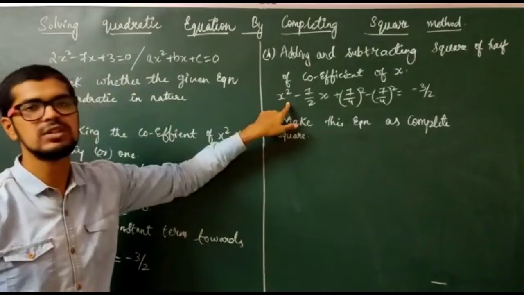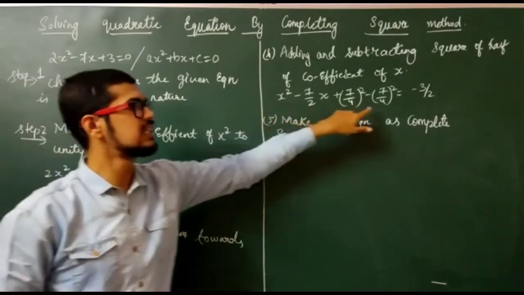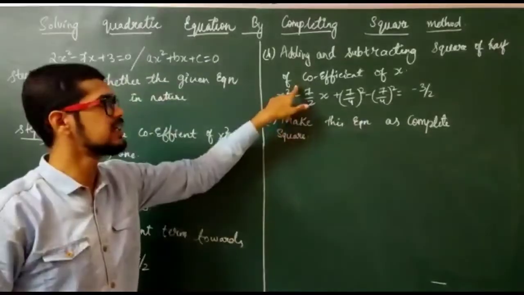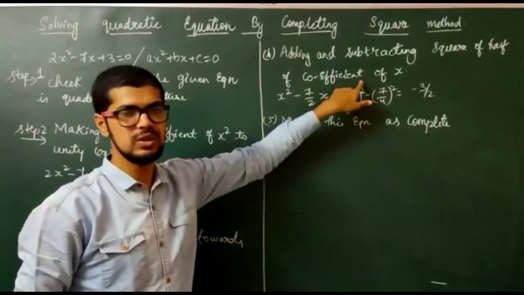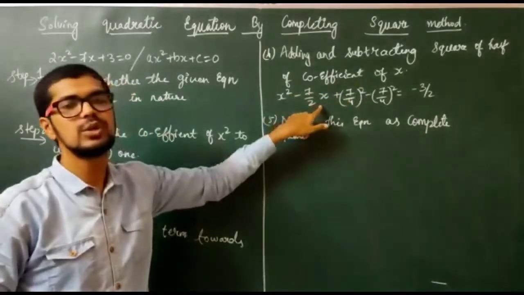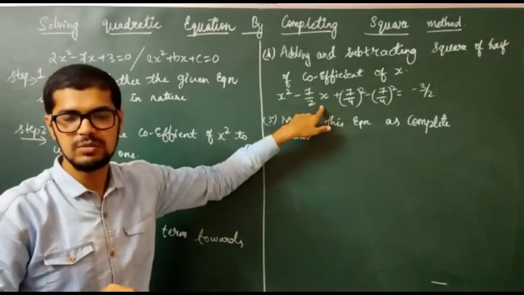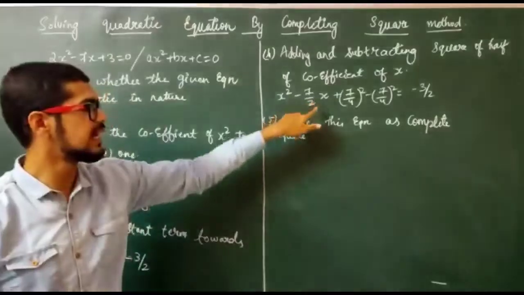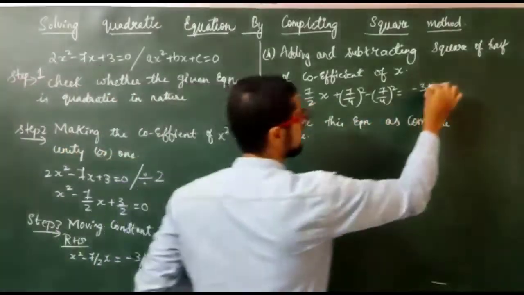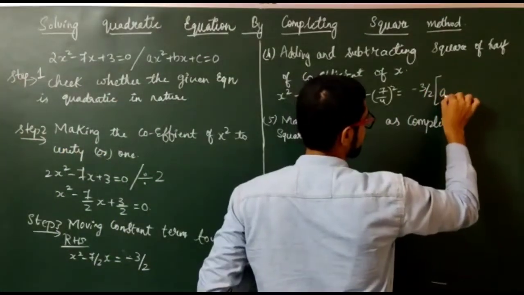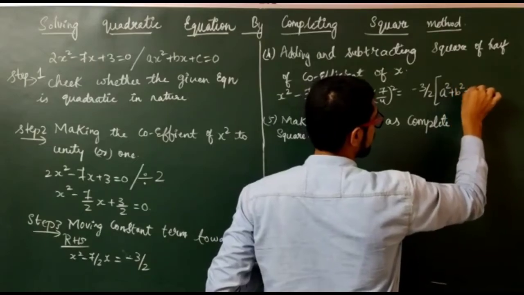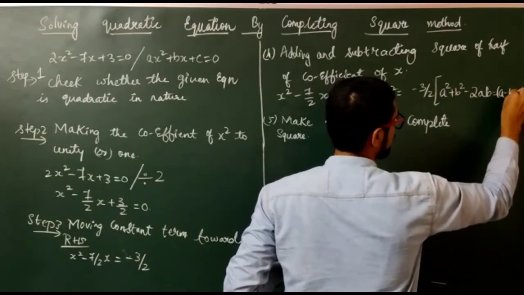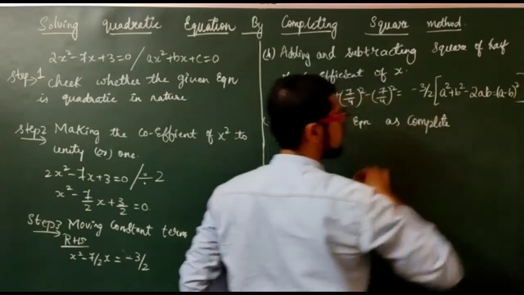Now carefully observe the terms here. So from these terms, what can I convert this into? I can convert this into a square plus b square minus 2 into a into b. So what is this formula? This formula is a minus b whole square, right? So quickly write down this. I'll write down the formula for reference. It is a square plus b square minus 2ab is equal to a minus b whole square.